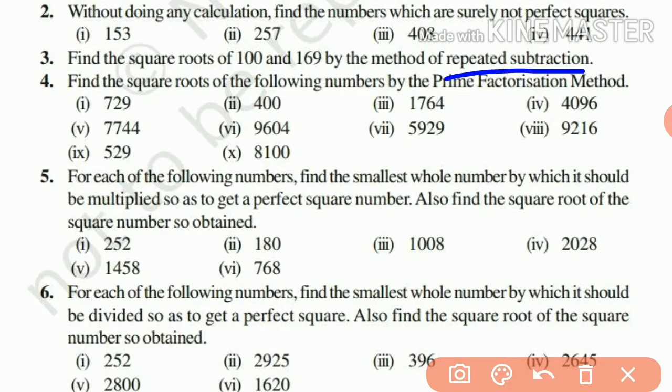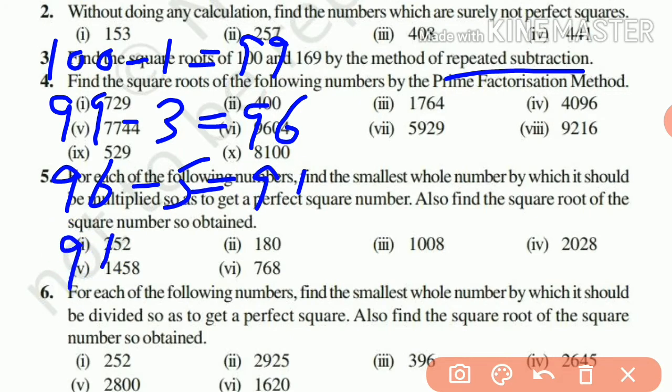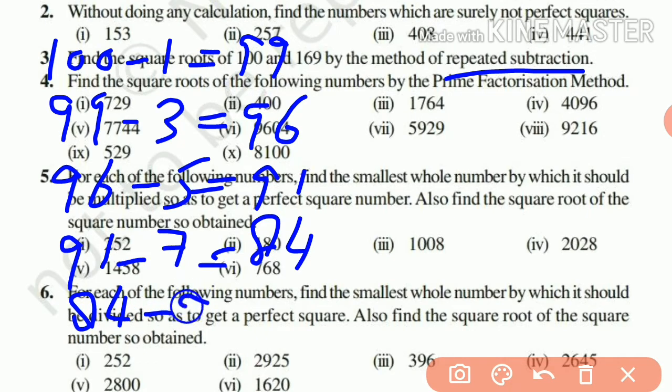We will write 100 minus 1, it becomes 99, and then 99 minus 3, then it becomes 96, and then 96 minus 5, this becomes 91, and again 91 minus 7, this becomes 84, and so on. 84 minus 9, this becomes 75, and again 75 minus